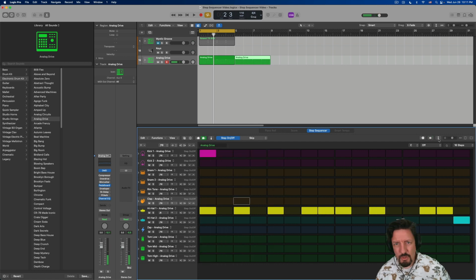That lets us hear it without having to engage the overall transport. We have the vertical zoom, and we have some other zoom functions right here so we can get that looking just how we want it. Okay, a lot of information. I'm sure there's even a few more things in here. I know that there's some advanced things we can do with assigning steps to automation and some other features, but